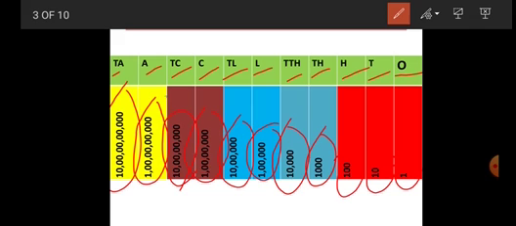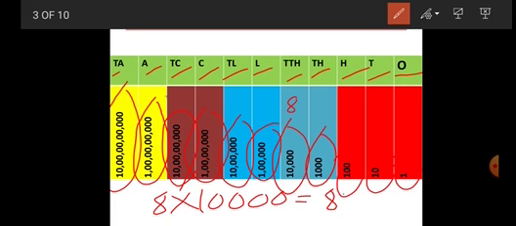So these places are permanent. These places are not changed, but digits are changed. When I write a number in the 10,000 place, which digit is this? 8. 8 is in the 10,000 place. The place value of 8 is 8 multiplied by 10,000, so equal to 80,000. The digit we put in which place, that is the place value.